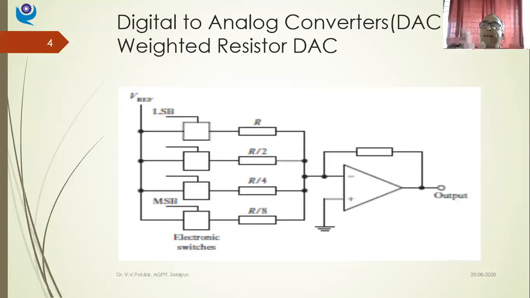If you read from left to right, most significant digit to least significant digit, it will be 0, 0, 1, 1. So the least significant bit is 1, starting from right. Then 1, 1, 0, 0. So this switch will be actuated. 1 means the reference voltage corresponding to resistance R will be given to the inverting terminal of my op-amp. So this acts as a summing amplifier.